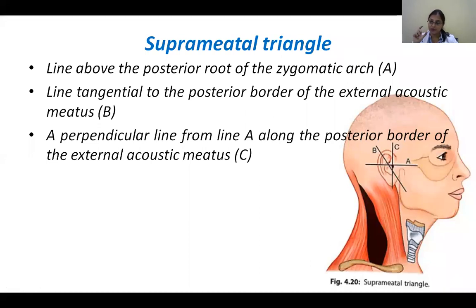So if you remember the middle ear class, the middle ear is connected with your mastoid process, and the mastoid process is having air cells. So any infection of the middle ear, if you're performing a surgery on it to clear the infection, you also have to go to the mastoid process, or else there is still some infection left out there. So sometimes there are chances that your mastoid air cells may be infected and there can be some abscess. So we may have to drain it. So the best way to reach the mastoid antrum, or the largest air cell, is we go through the suprameatal triangle.